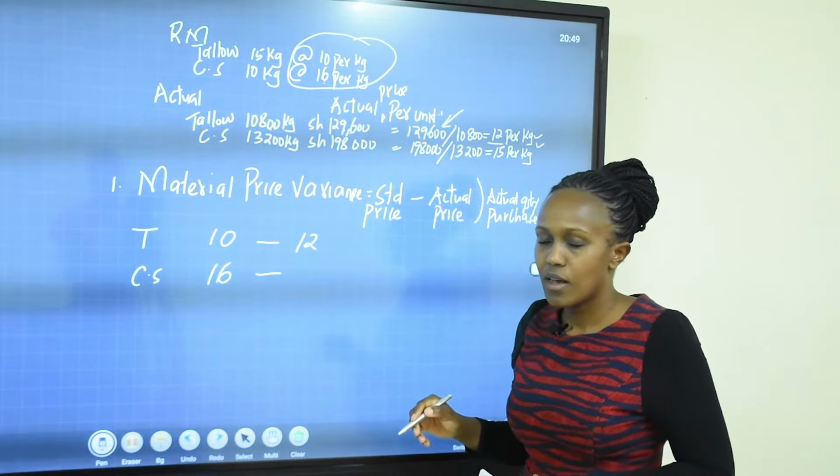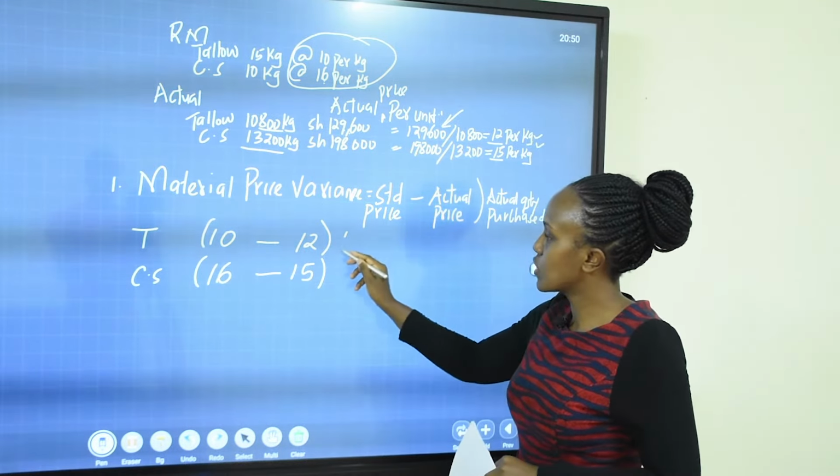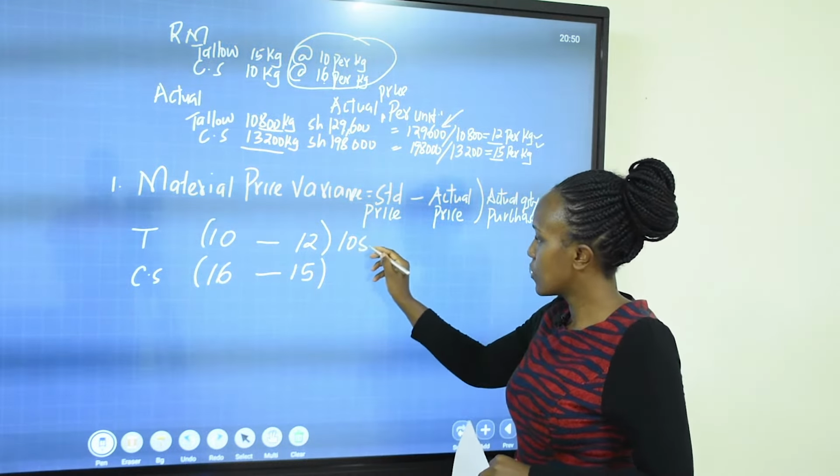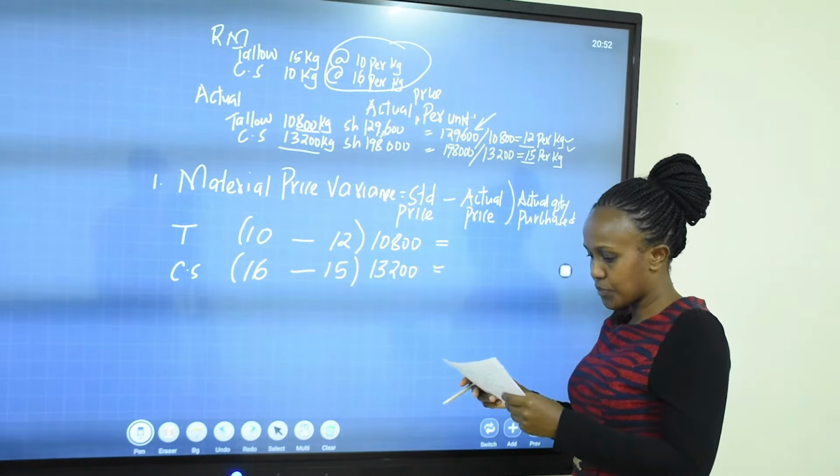So we can see how the variance is coming up. This is the standard price that we expected or planned, and this is the actual price. There is a variance of 2 shillings for every kg that we buy, so we multiply by the number of kgs bought: 10,800 kgs of tallow and 13,200 kgs of caustic soda. For tallow, the standard price is 10 and the actual price was 12. This is -2 multiplied by 10,800 kgs of tallow purchased. For every kg, there was a variance of 2 shillings. So this is going to give us a total of